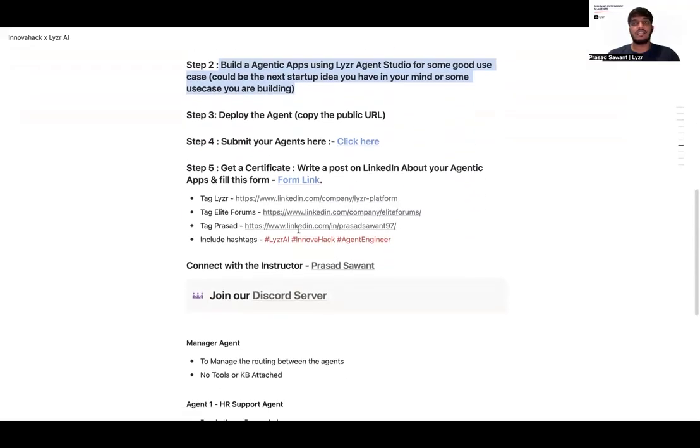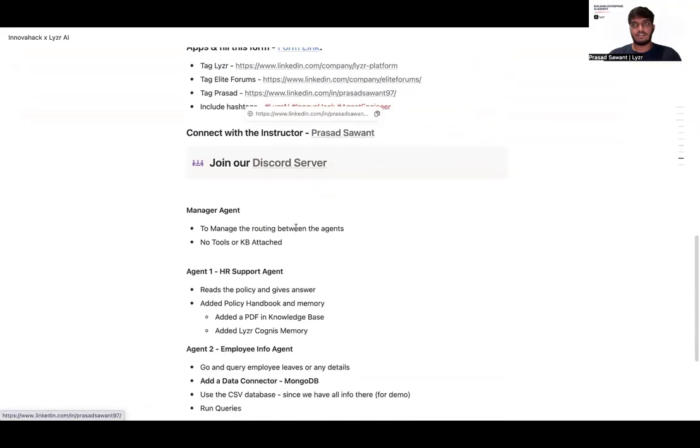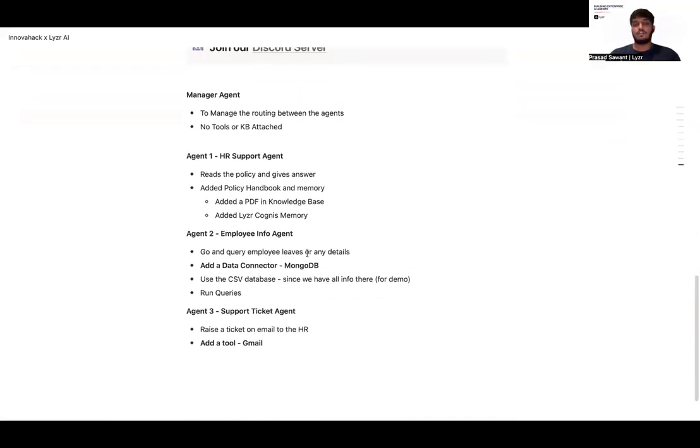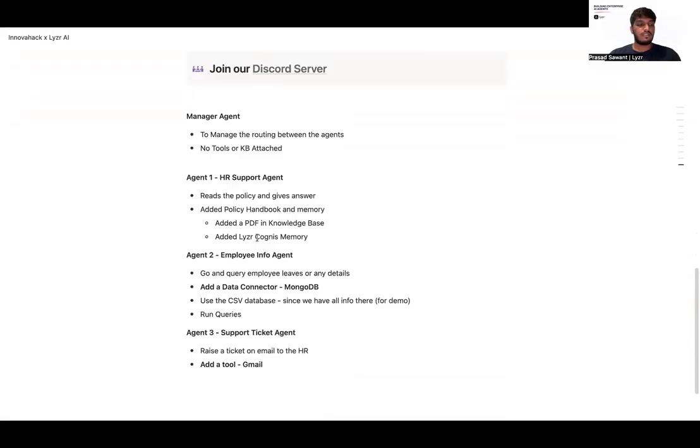For me, we have selected the HR use case. You can basically choose any use case or any project that you're building on your hackathon track. You can come and think about how you want to build the agent. The important thing about building a very good AI agent is first understanding the architecture, or what all agents you want to build. So that is why the best way to do